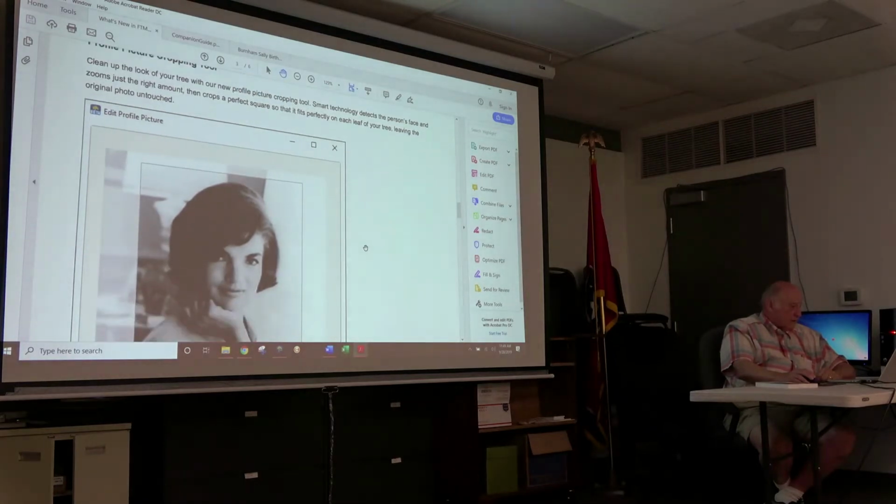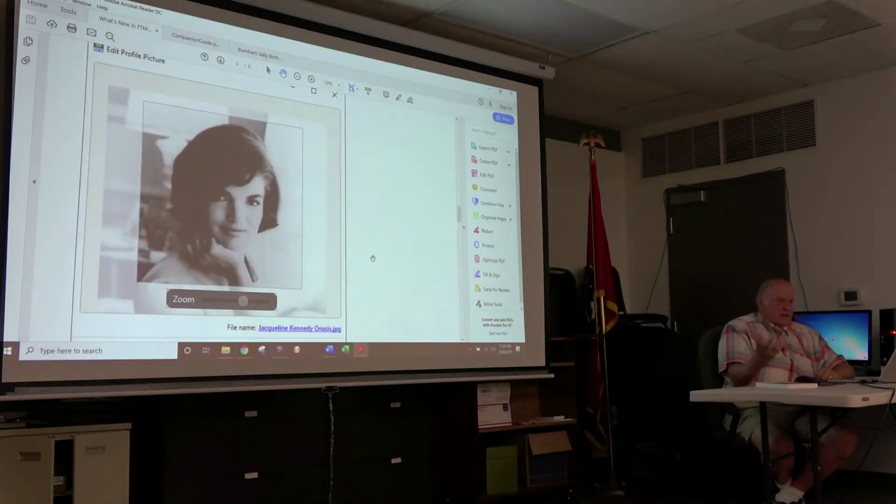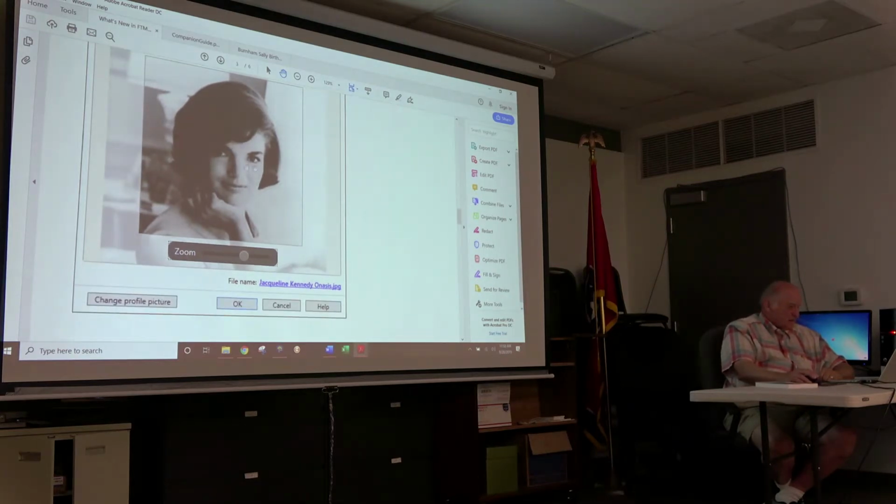Profile picture cropping. You scan a picture, and depending upon the photo software that you have on your computer, you can do cropping and different things with it. It just depends on what you have. But what they're doing now is they're saying you can do cropping within Family Tree Maker. So you can pull up that media item, the photo, and crop it and reduce all of this unnecessary background image. In this case, it's done around Jackie,